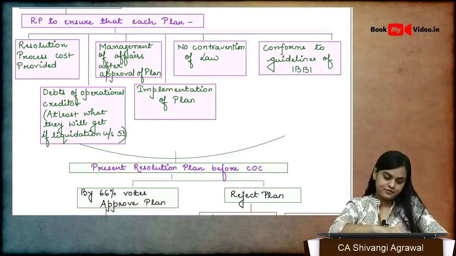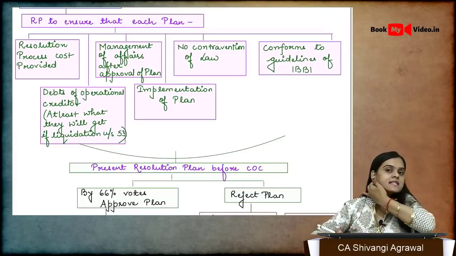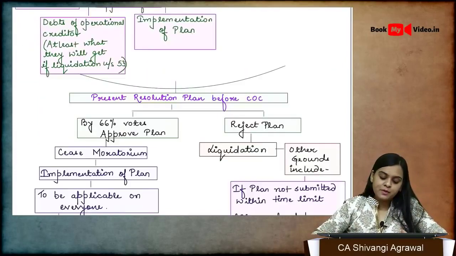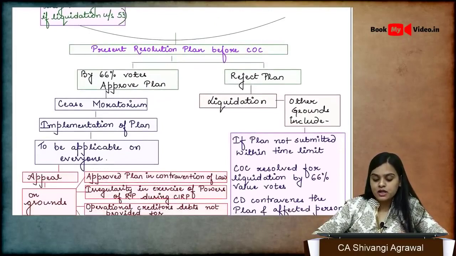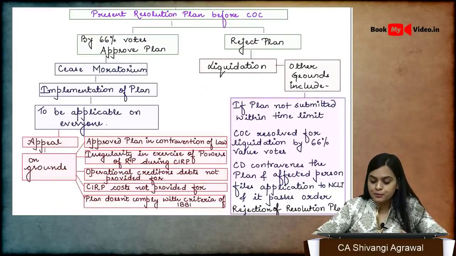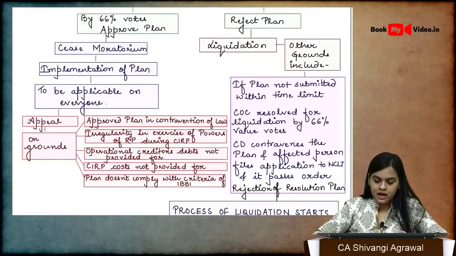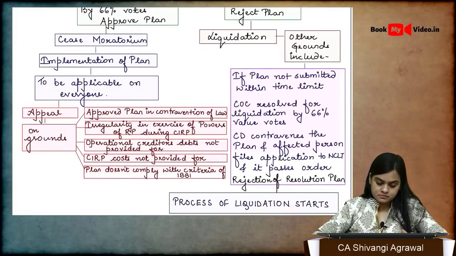So if all these things exist in the plan, then that plan is going to be presented before the committee of creditors. They can either approve the plan or they can reject the plan. Supposedly they approve the plan, then